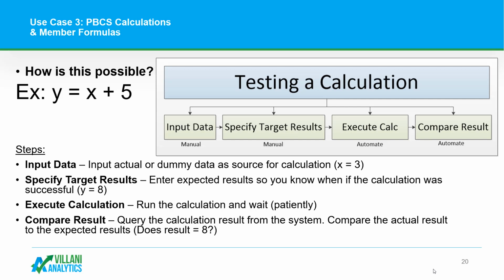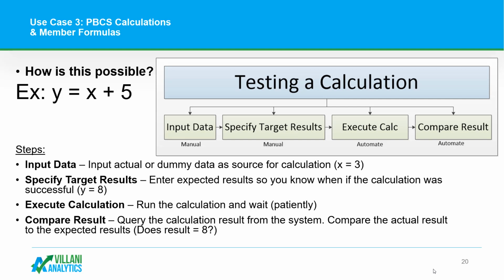So we said, all right, well that could be manual as well. But then running the calculation, I don't see why you couldn't have a system that executes the calculation you specify, and then comparing the results. Well, if you get the answer back and it's 10 and you were expecting 8, that's something you could automate, comparing 10 to 8 and saying, do they match, right? So we have 4 different steps that